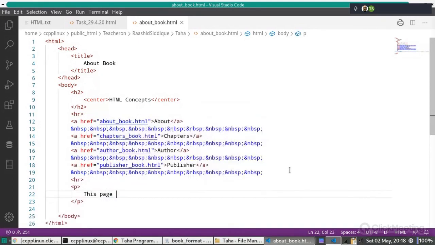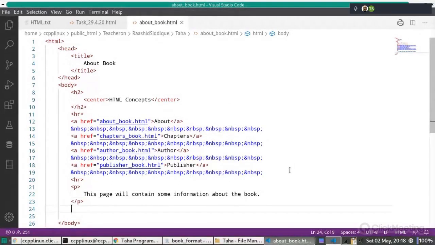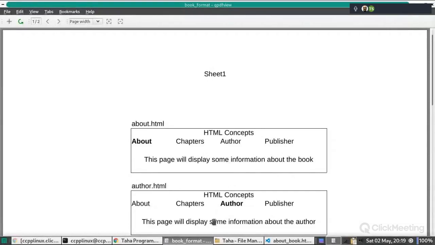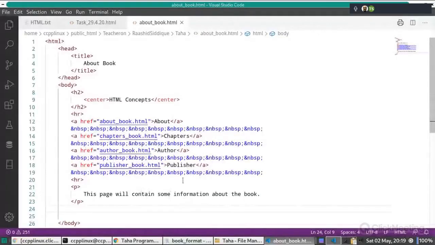This page will contain some information about the book. And once this content is finished, then at the bottom we can create, is there any footer? No, there is no footer. So there is no need of using that HR tag. This is just a basic structure.